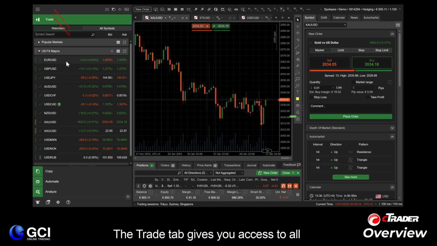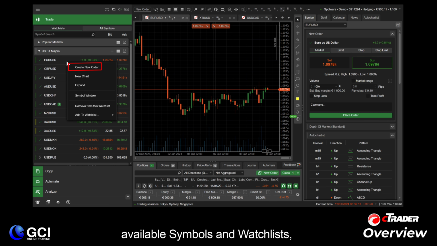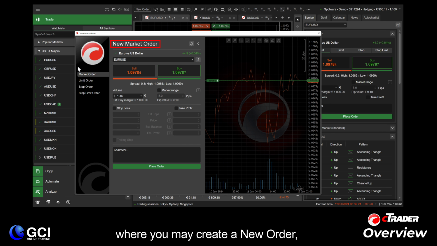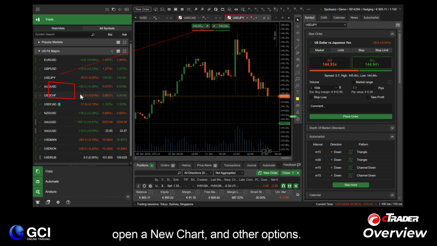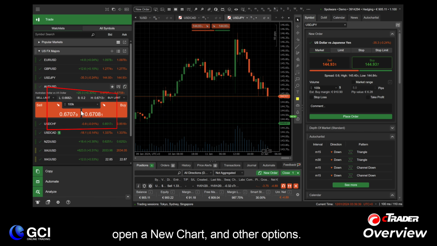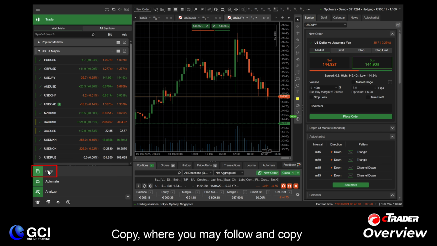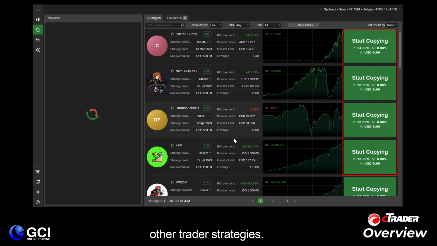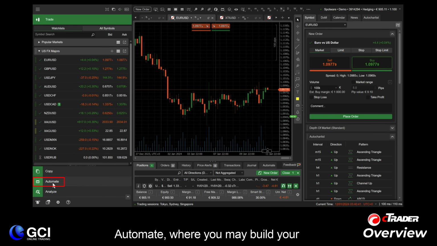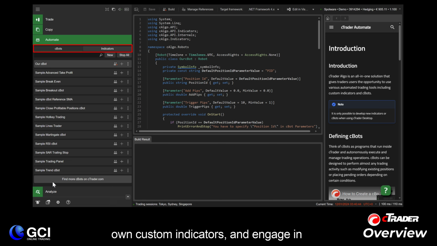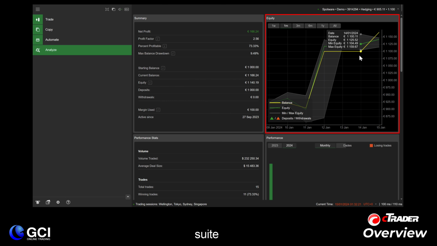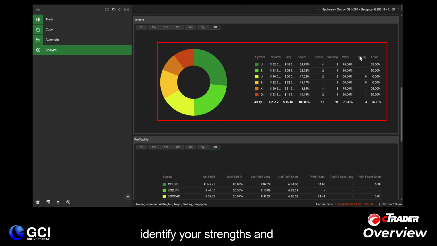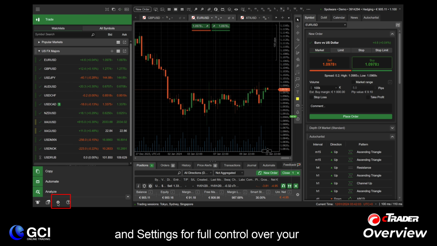The Trade tab gives you access to all available symbols and watch lists, where you may create a new order, open a new chart, and other options. Copy, where you may follow and copy other traders' strategies. Automate, where you may build your own custom indicators, and engage in algorithmic trading with cBots. Analyze, where you will find a very comprehensive post-trade analysis suite to track your progress and help to identify your strengths and weaknesses. And settings for full